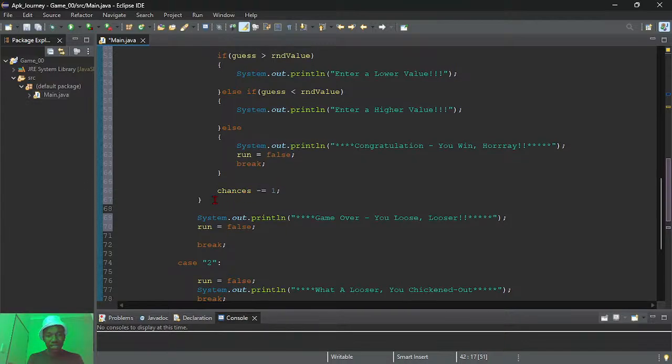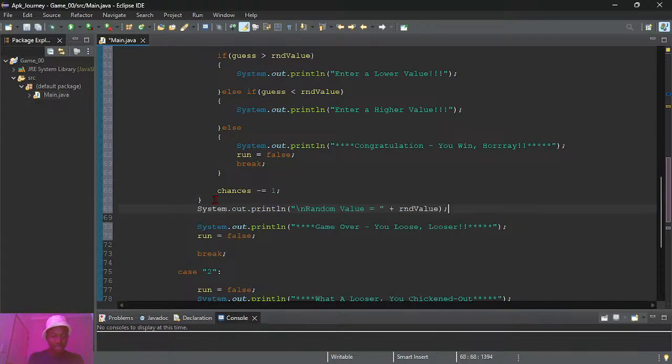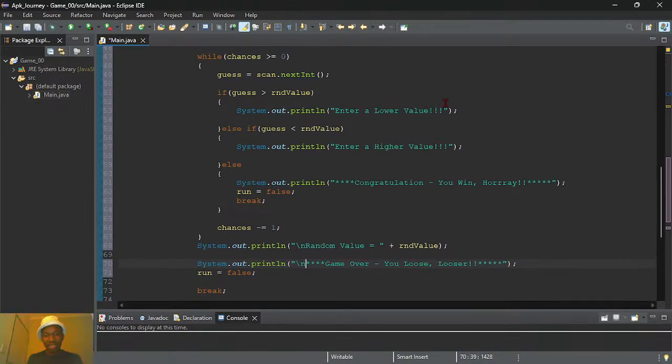Obviously somewhere around here, before it says game over. Then it outputs this and then says game over. Let me also put a new line here. Makes a bit of sense. I don't know if I should do the same here.